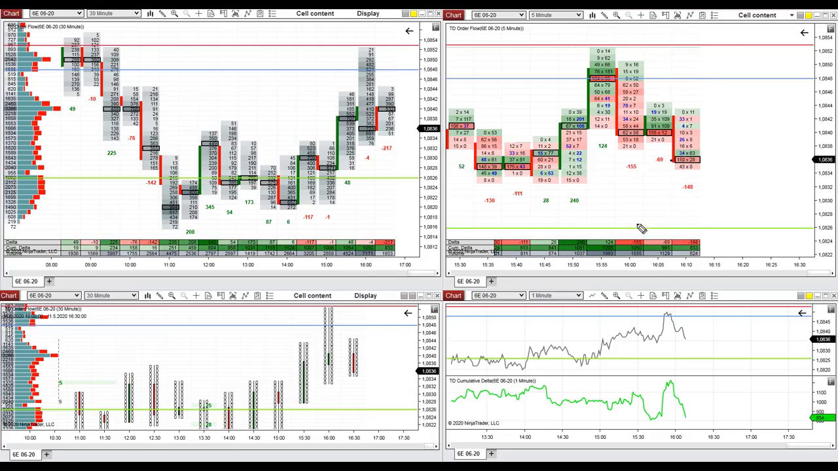More sellers. There's no sign of buyers. Buyers ran out of fuel and sellers are dominating the market. Look at delta. Negative delta. Now there are some buyers jumping in here, but the sellers are clearly stronger, but